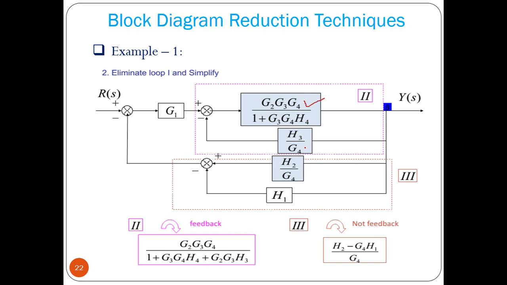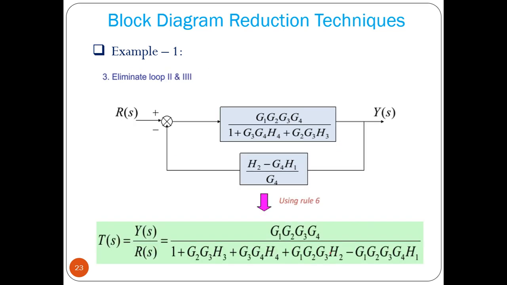That is the part. Now this is the feedback loop, and these two come in a parallel loop. For feedback we get this formula G divided by 1 plus GH. And this is not feedback, in the feedback path what we have is a parallel path, so we can find out this equivalent block. So we can add: H2 minus G4 minus H1. Okay, so we got this value.